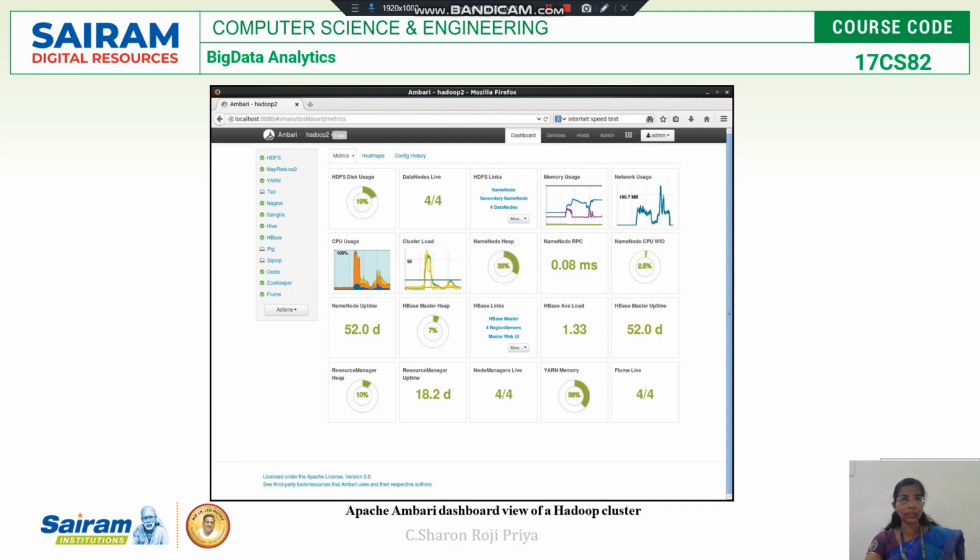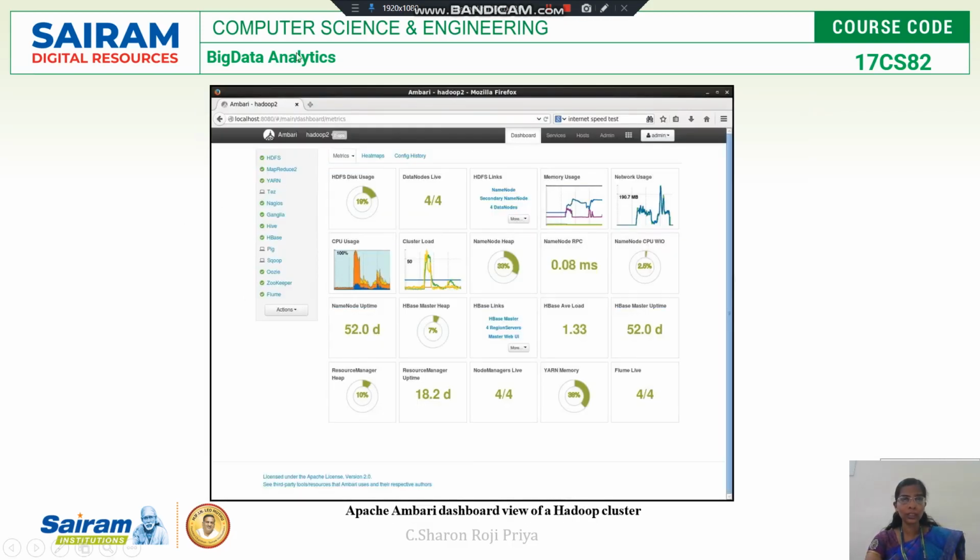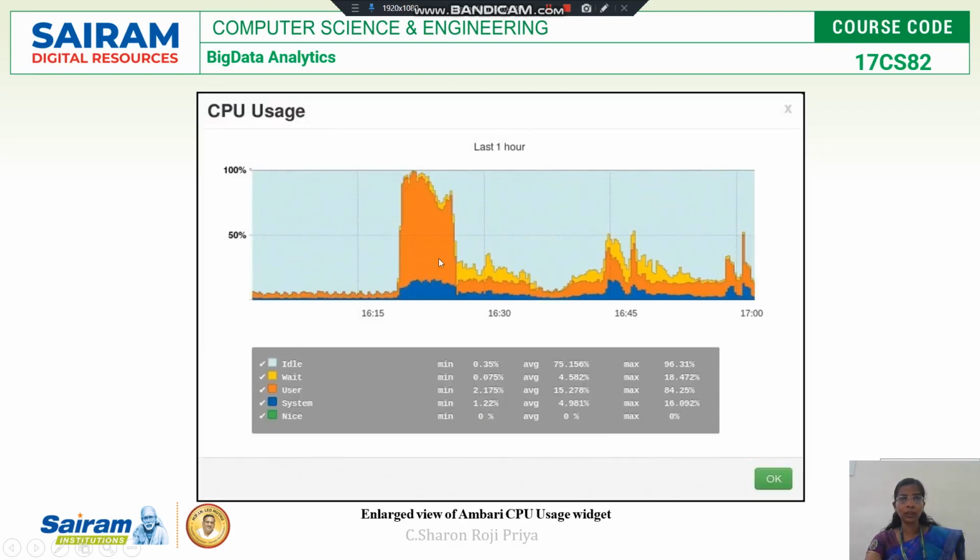Similarly, you can click any widget. I have a widget here, CPU usage. If I click it, I'll get an enlarged view of the CPU usage widget, and you can view the details.